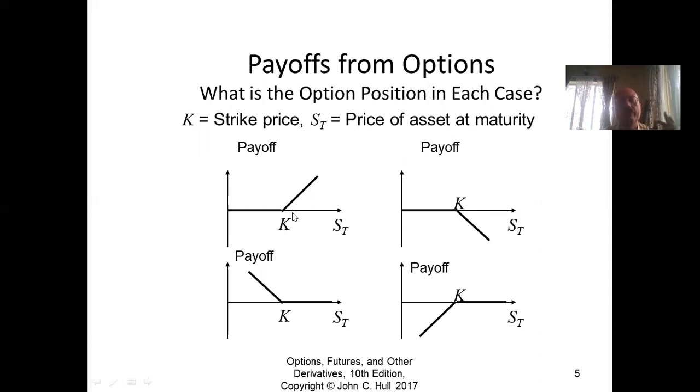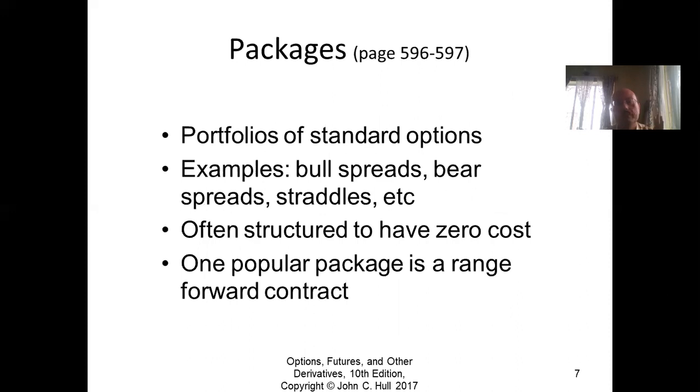So this V and inverted V are very easy to construct using a combination of a call and put in long and short positions sometimes. And these are the basic constituents. These are like the basis of all the packages that one can think of, maybe using more than two and at different strike prices.